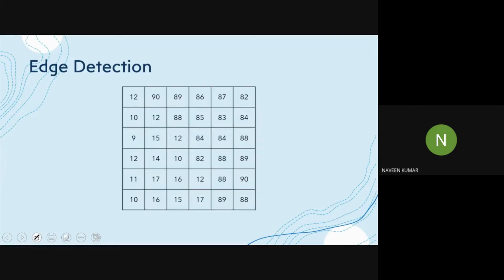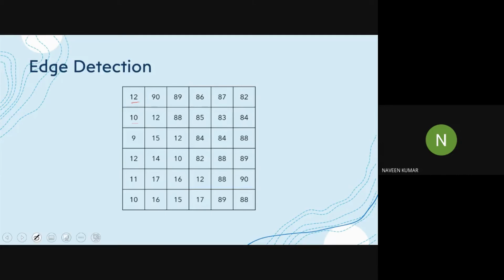So here I have pixel values of an image, and let us try to find the edges in this image. We will start with the top left corner and check the neighboring pixels. Here 12 is close to 10, so we can say that there shouldn't be any edge between these two values.